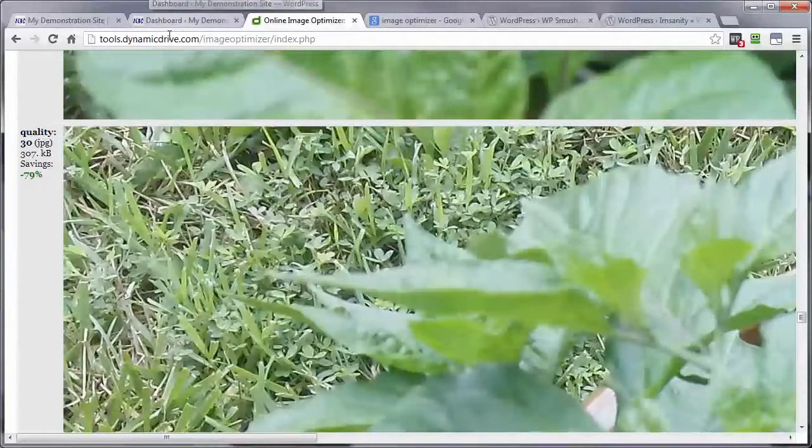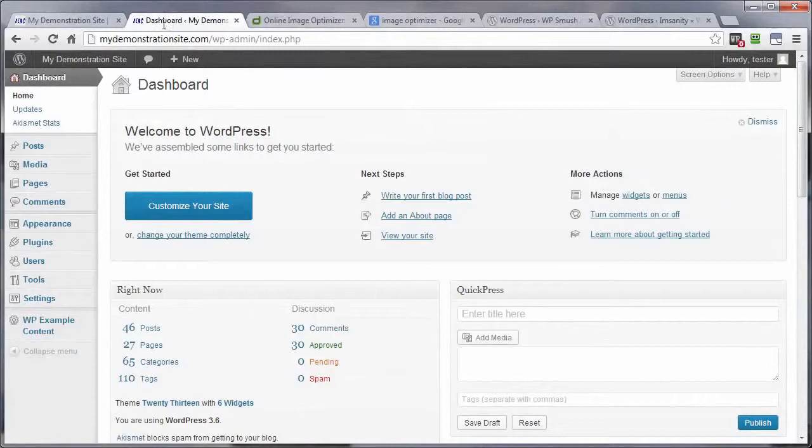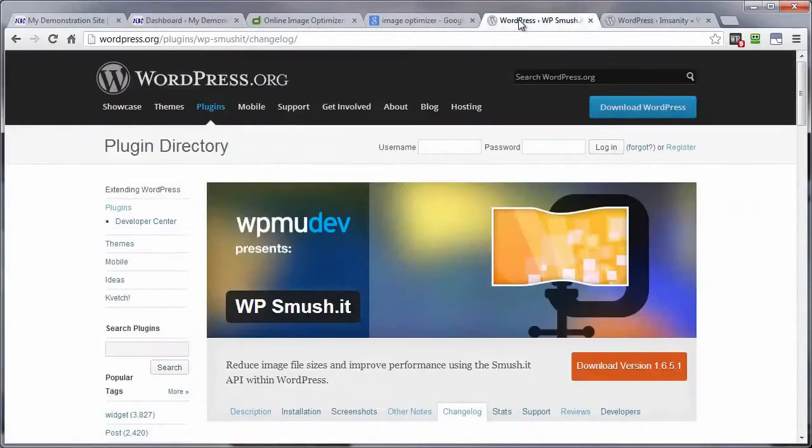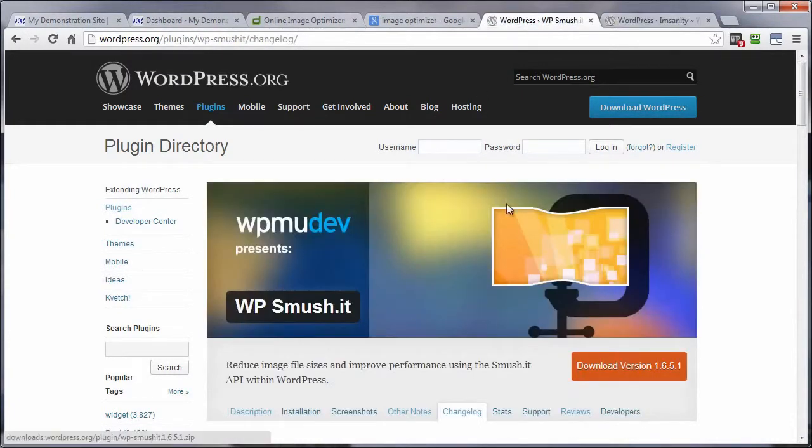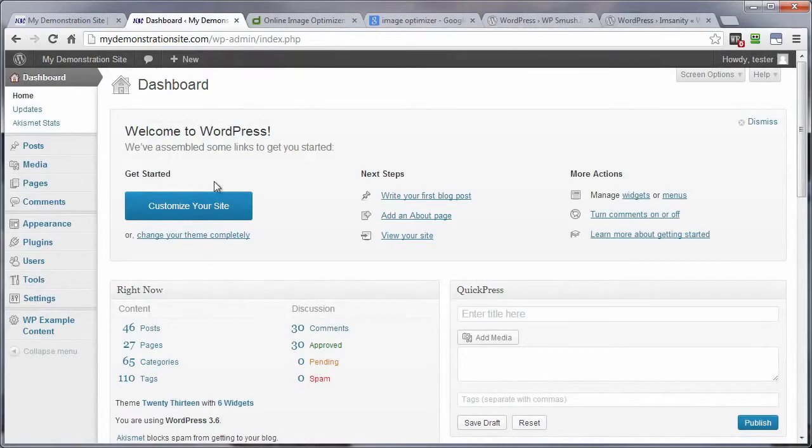But if that's just not an option for you, then let's head on over to plugins. I'll demonstrate the use of this guy right here, WP Smush It. Now, they both do the same thing as far as bulk reduction, but WP Smush It does have a limit of 1 megabyte. So if you have a lot of images that are in excess of 1 megabyte, then you might want to try Imsanity. Let's go ahead and install this guy right here by going to the dashboard of our WordPress site,